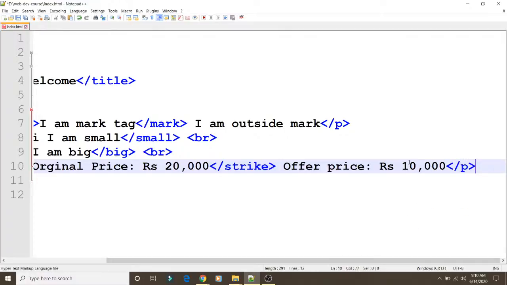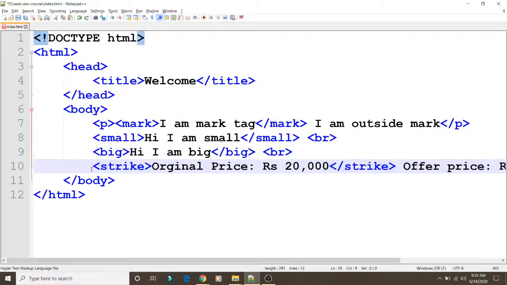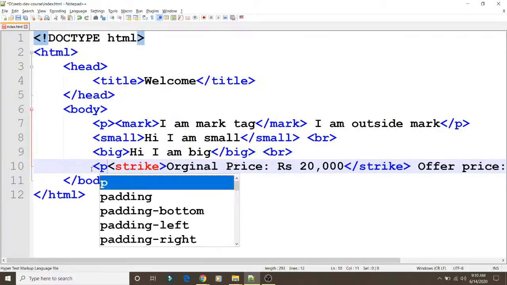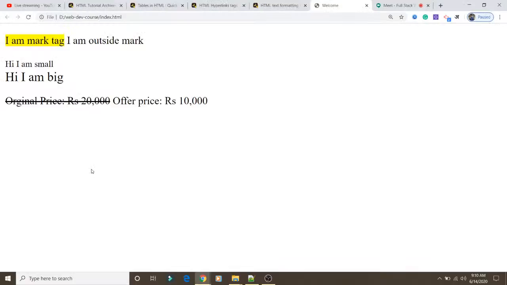In the same way, at the starting you can keep your paragraph tag. So you can see the original price is struck over here and the new price is mentioned over here. In this way we can make some text strike, and keep it the way we want.